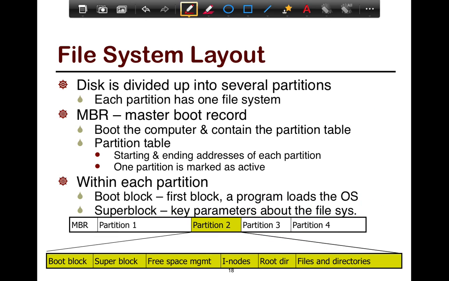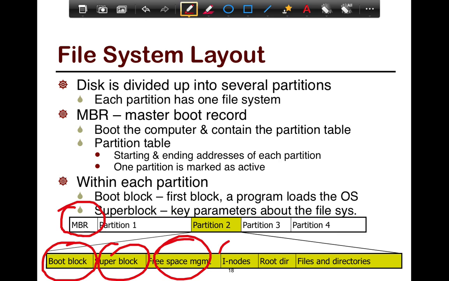The disk is typically divided into several partitions, as we saw earlier, to help with search and seeking. Each partition consists of a boot block, which indicates if there's an operating system residing in the partition that needs to be booted. The first few blocks or sectors of the disk are written with this thing known as an MBR, which stands for Master Boot Record, which contains information about the partition table itself, as to where the starting and ending of each partition is. Following the boot block, there's also a super block, free space management, and inodes.